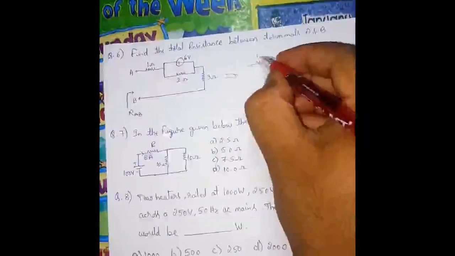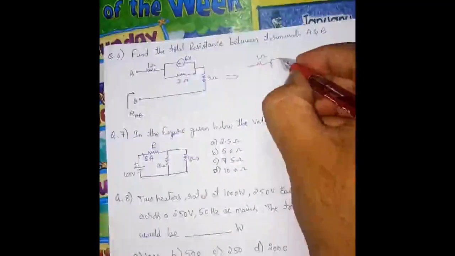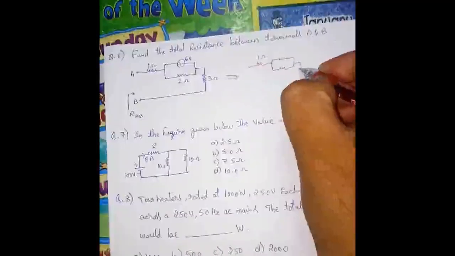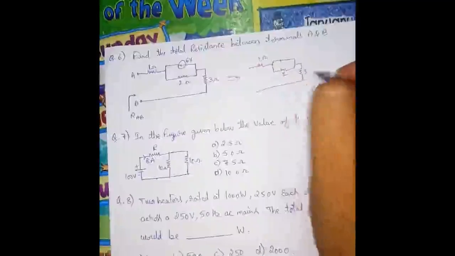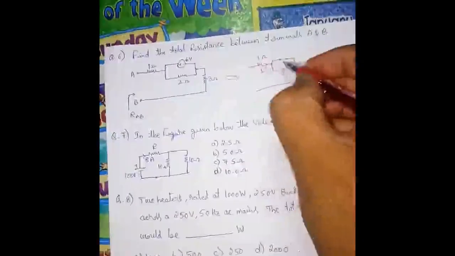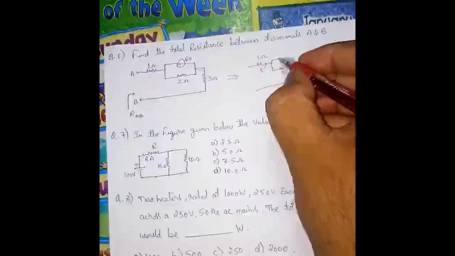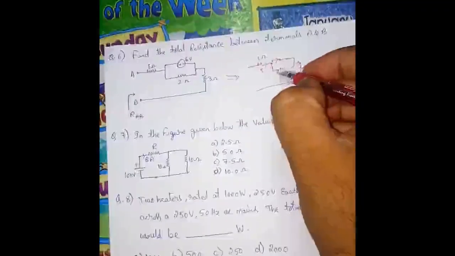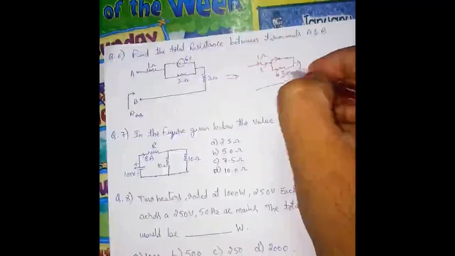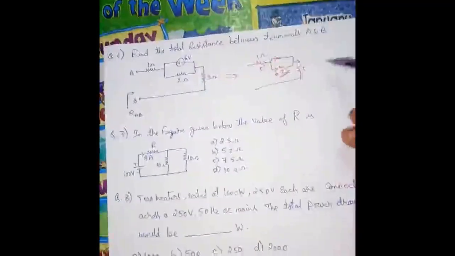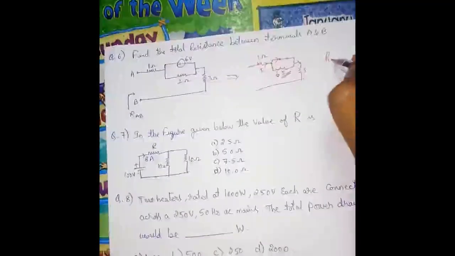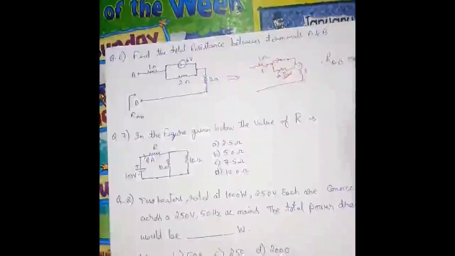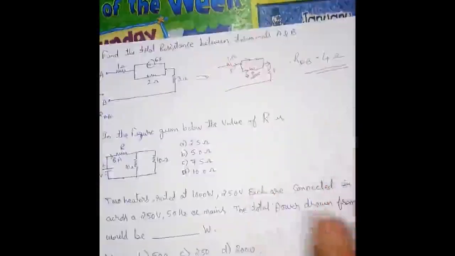It will have 1 ohm resistance, and there will be a short circuit, this 2 ohm resistance and 3 ohm resistance. So now we can say current will be flowing here, and that will never flow in this branch because there is a short circuit. So current will find this path and it will flow here. So the current in this path is 0. So this resistance will not have any effect on the circuit. So the total resistance RAB is as simple as adding this 1 and 3 together, because they are in series.